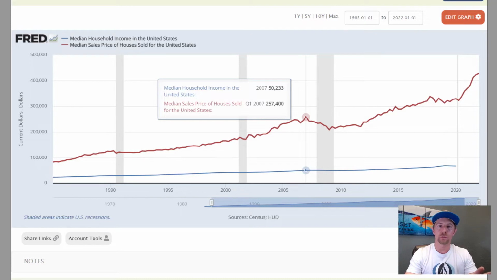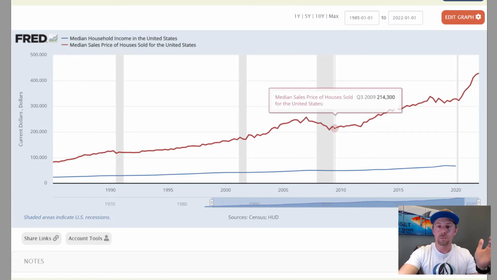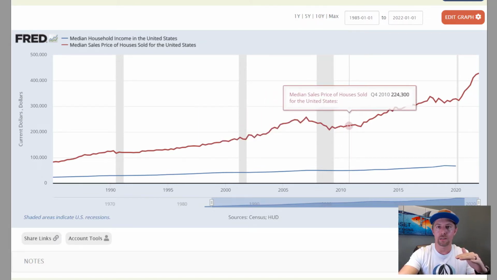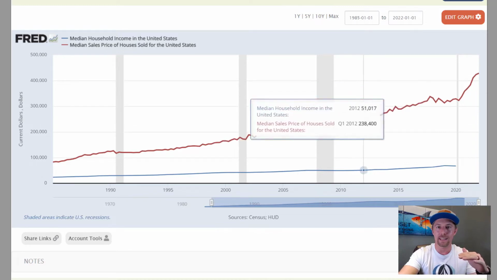Nobody would argue at this point that we were in a bubble in 2006 and 2007, right? We obviously went into the great financial crisis at that point, and we saw prices come down, and they actually reverted back to the trend line there. We arguably bottomed out here in 2012, and then we went on a steady increase up.